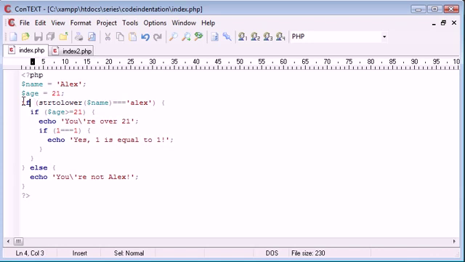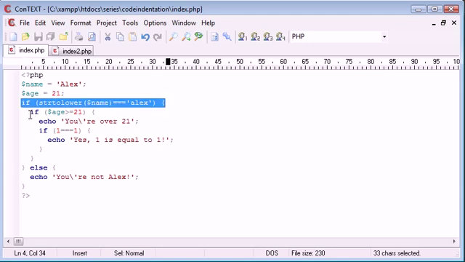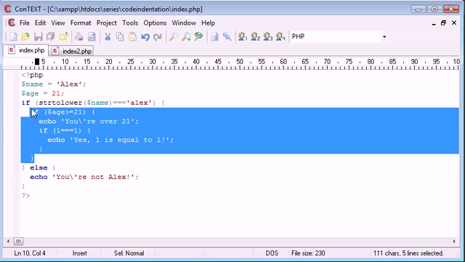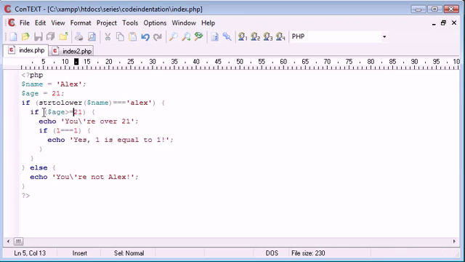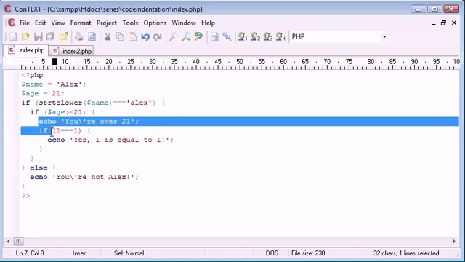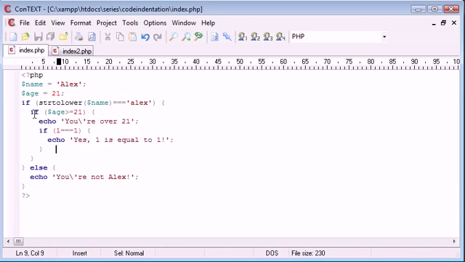Everything by default starts without being indented. We've made the first if statement, so the block, I can already tell, is just from the start of this if down to here. This is the start of the block and this is the end of the block here. And this is the start of the top block and this is the end, and then we say else. So inside of this block here where we're saying is age greater than or equal to 21, this is inside. And we can automatically tell that because we've got straight down here, straight down here, and straight down here. And then we've indented just the echo inside of here. So you can